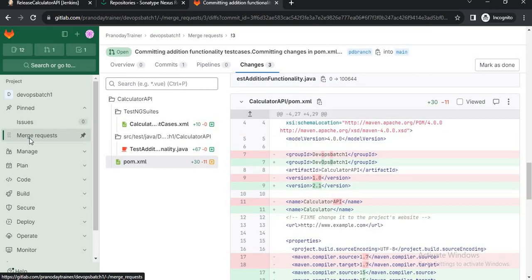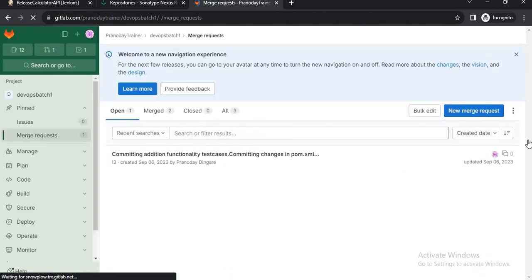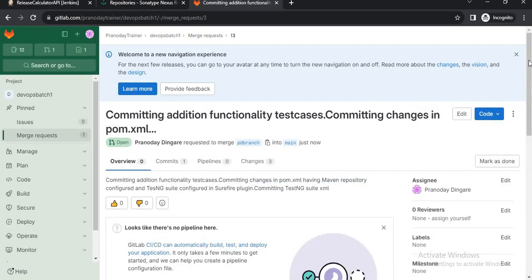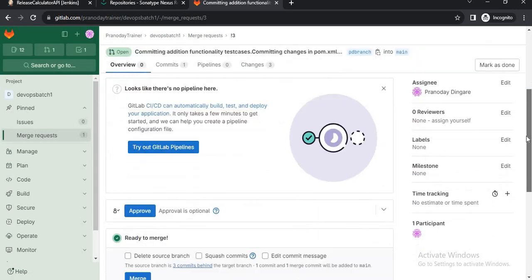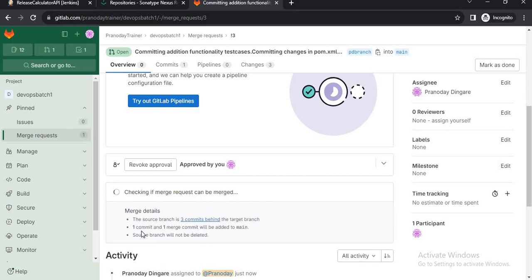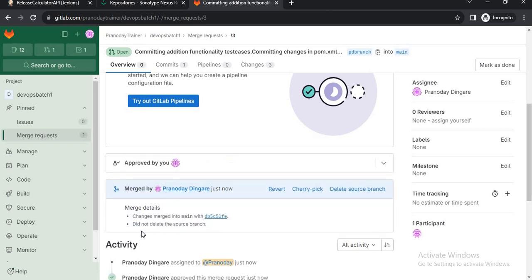So let's approve this. Let's scroll down and I'll approve, and now let's merge. Correct. So our changes are merged to the main branch.